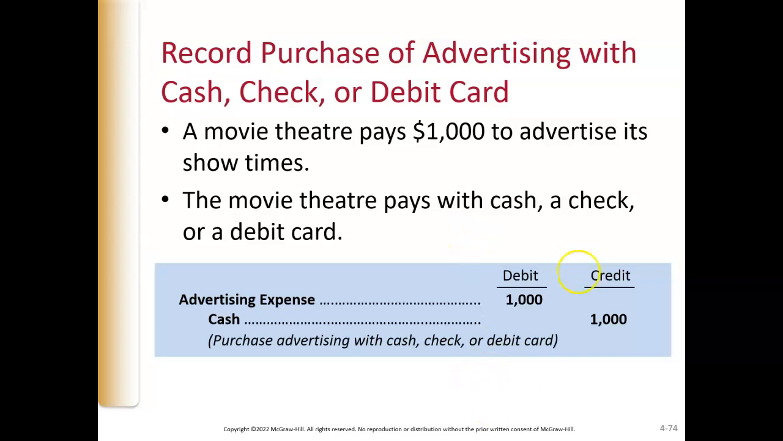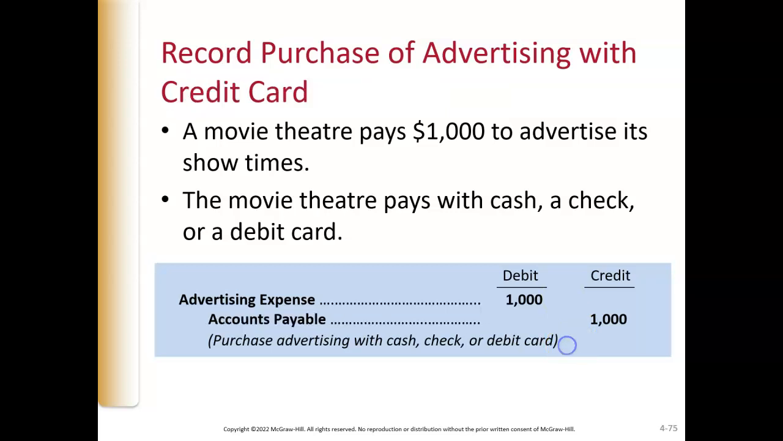So in this example, a movie theater pays $1,000 to advertise its showtimes. The movie theater pays with cash, a check, or a debit card. Either way, all of that's cash, isn't it? So you would debit the advertising expense and credit your cash. Or